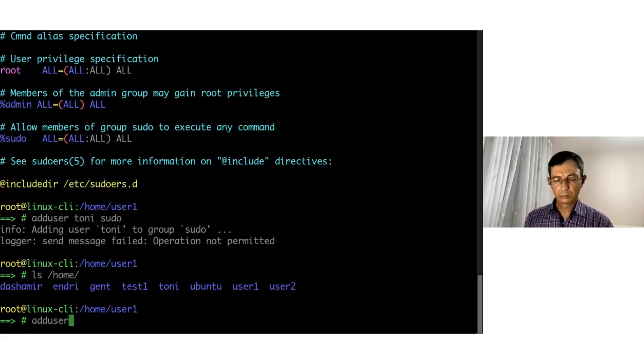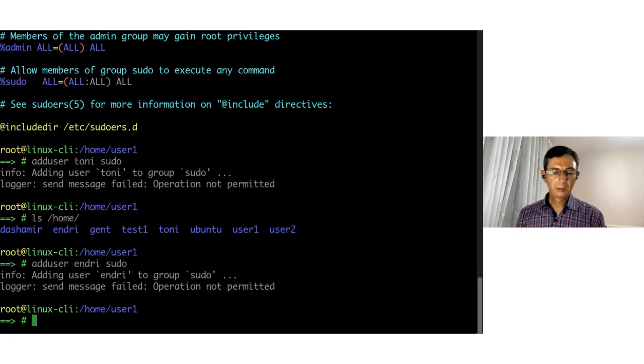So add user Andri to the group sudo. User Andri now can use sudo as well, and I can also check